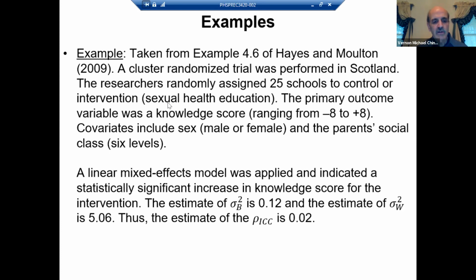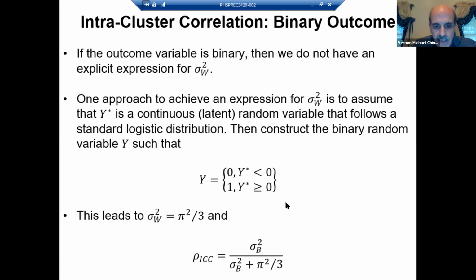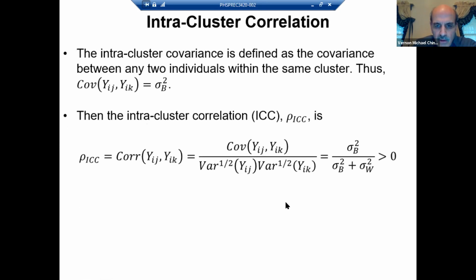They applied a linear mixed effects model so that they could estimate the between cluster variance and the within cluster variance. And what they got was that the between cluster variance was 0.12, the within cluster variance was 5.06. And so when you use the expression here for calculating the intra-cluster correlation, it was,